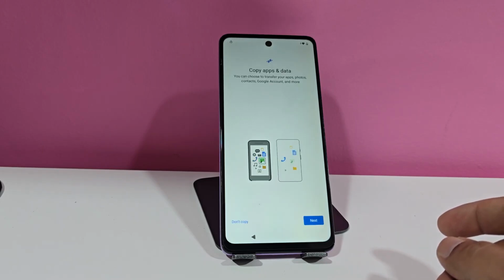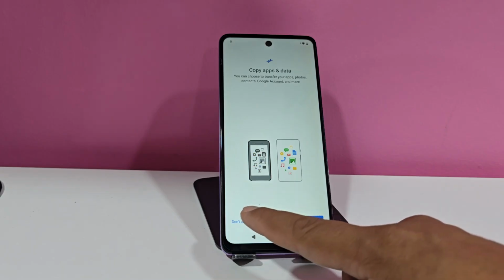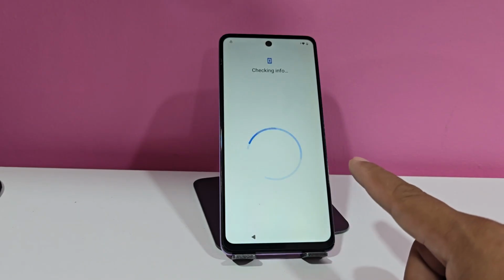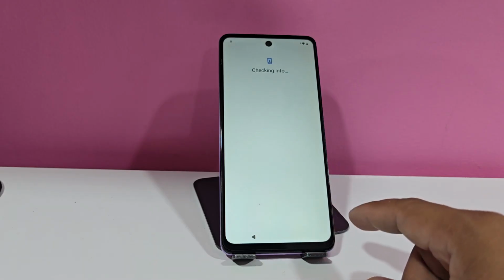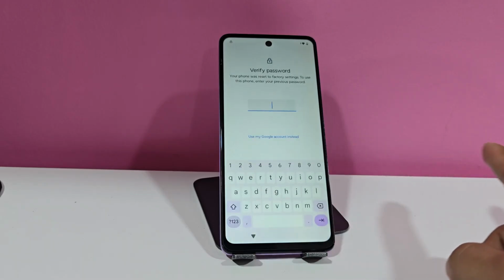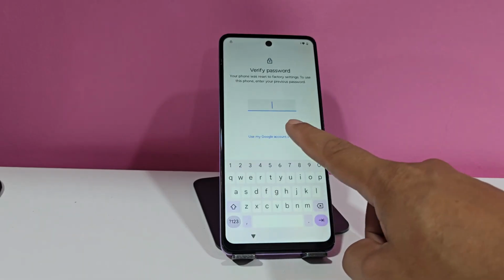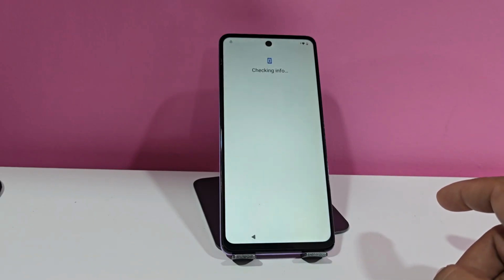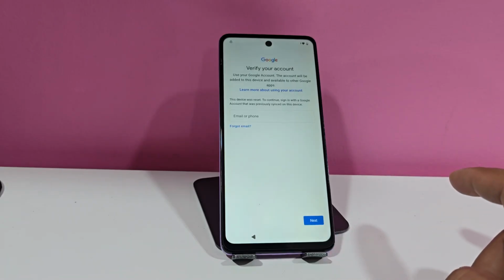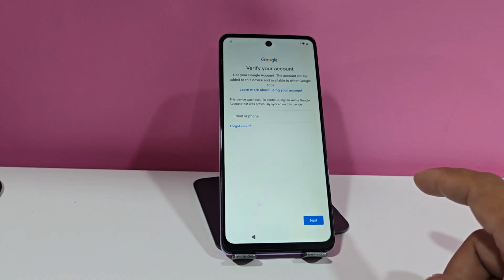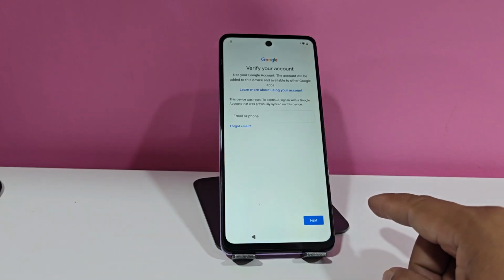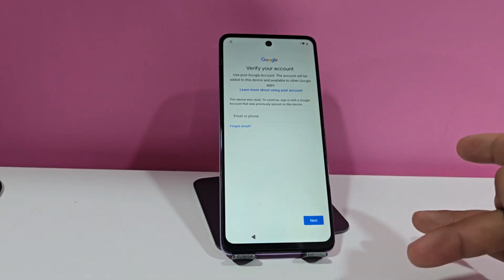As you can see here, we'll click where it says Do and copy, and then it will take us to this section. Here, we'll see the lock. It will indicate where it says Use my Google account. We'll click there, and then it will ask for the Google account. For those who know the Google account, they can add it here. Click Next, then enter that password, and it will give you access to